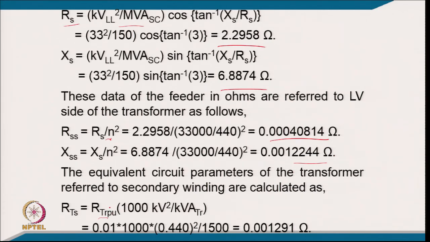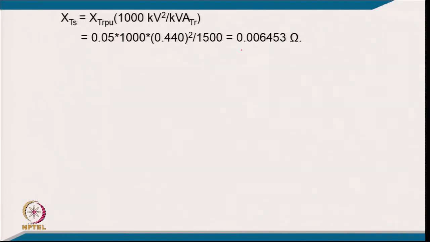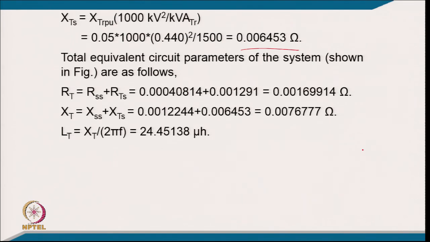for total short circuit resistance, referred to the secondary, is 0.001291 and the reactance referred to the secondary comes 0.006453 ohm, and the total equivalent circuit parameter of the system will be your feeder resistance plus the transformer resistance. So, it comes